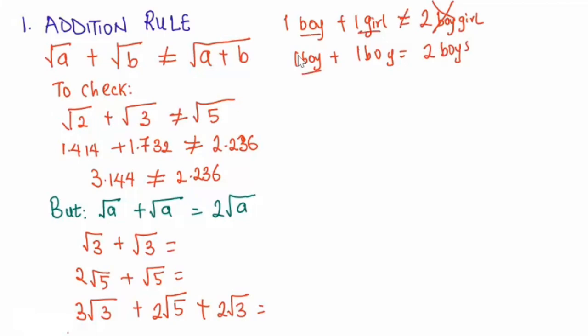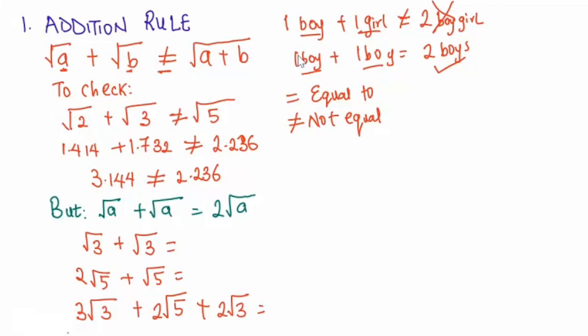But if they are the same, boy and boy, you can definitely add them. So in essence, this is surd A, this is another surd B. A is different from B. In this case, I cannot add A and B. So that's why we have this symbol here, which means not equal to. This symbol means equal to, while this symbol here means not equal to. So it means that you cannot add A and B as surds to give you root A plus B